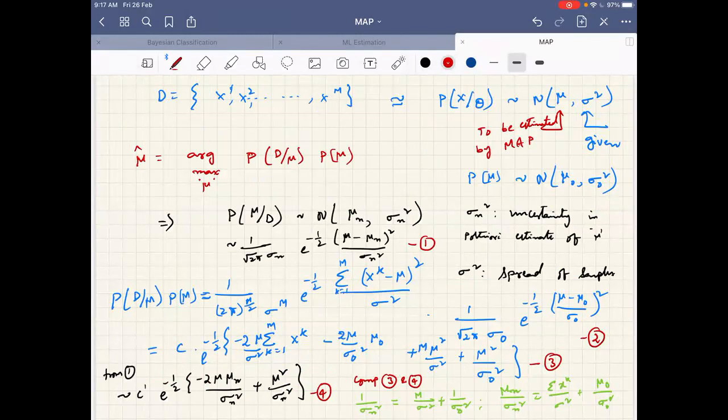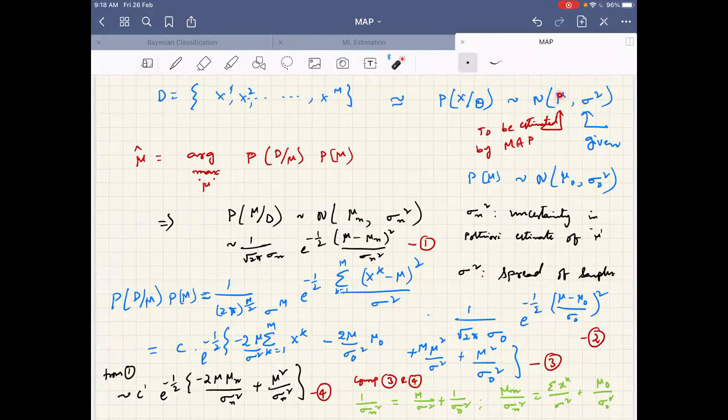See, I used some method and finally said the possible value for this mu is mu n. But my method has a certain kind of uncertainty, a lack of confidence, which I have expressed in sigma n square. This has nothing to do with the samples. It only has to do with the estimate of mu, the parameter I am dealing with. Whereas P of x given omega 1 mainly deals only with the samples, and has nothing to do with this parameter.